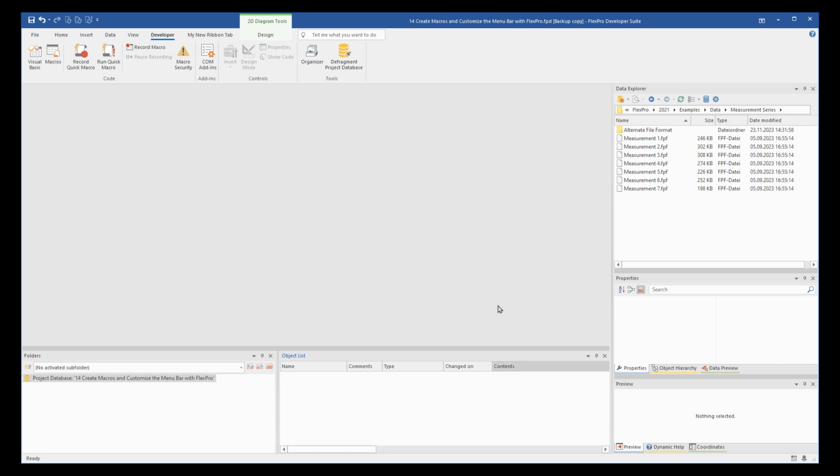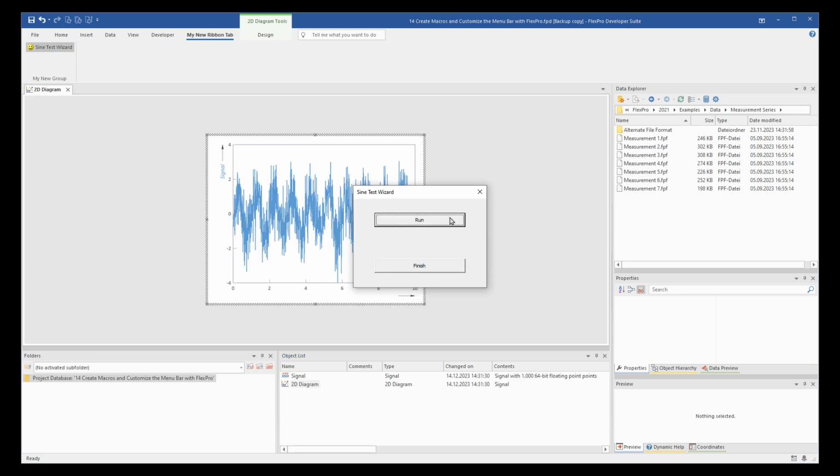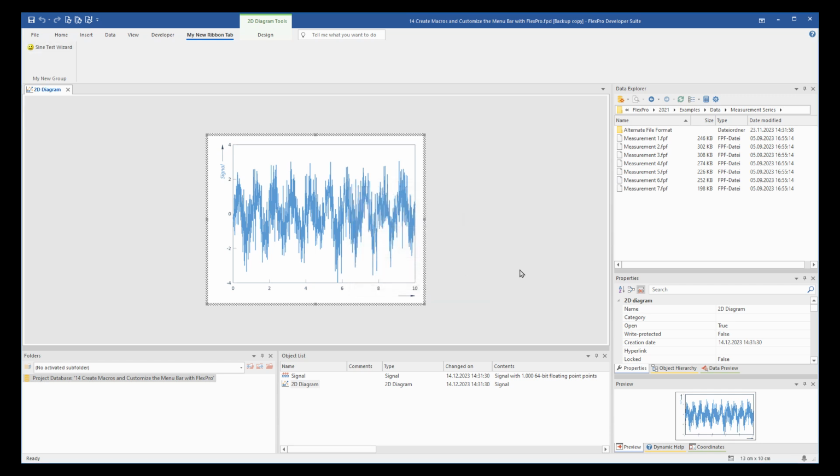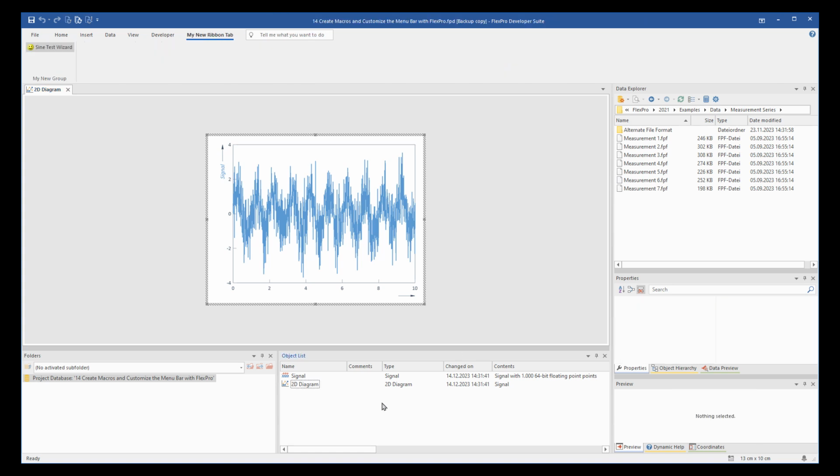Let's test it. The Visual Basic Editor is only available in FlexPro Professional and Developer Suite.